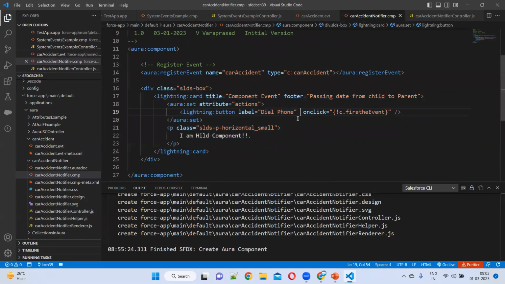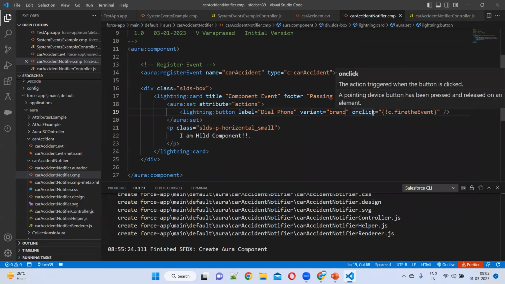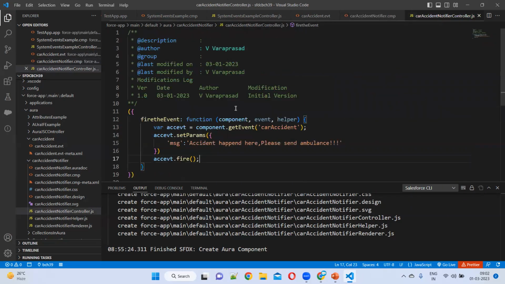Okay, so what will happen? After the phone call, he needs to pass the message. Yes or no? Is it finished if he just makes a phone call, madam? We should send the message. So after dialing the phone, he is getting that event, the one registered. He is getting that event. He is passing some message here and